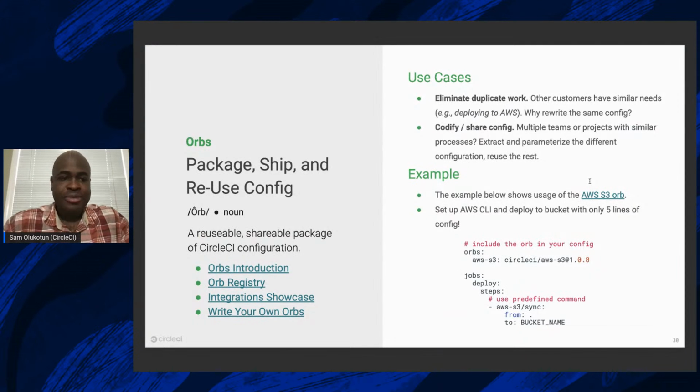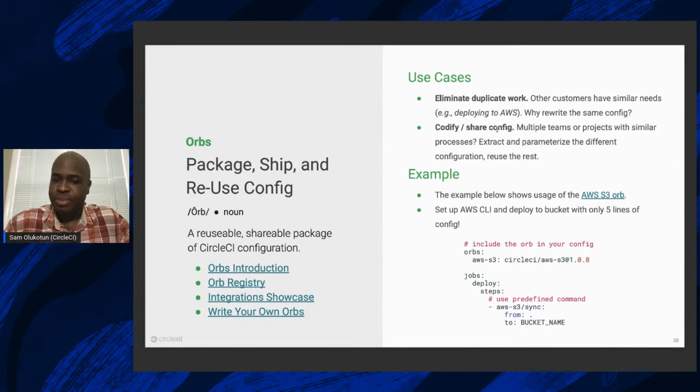Finally, orbs is a feature on CircleCI that allows you to package, ship, and reuse configuration. If you think of your configuration file as just a package of code, you can think of your orbs as a module that you can import into your configuration and use without having to implement everything from scratch. This means that your team can eliminate duplicate work, and also you can codify processes and share configuration across multiple